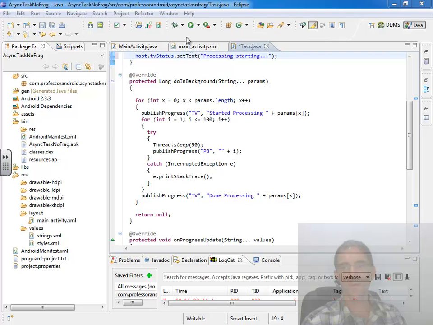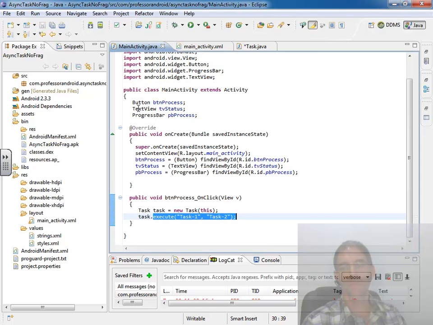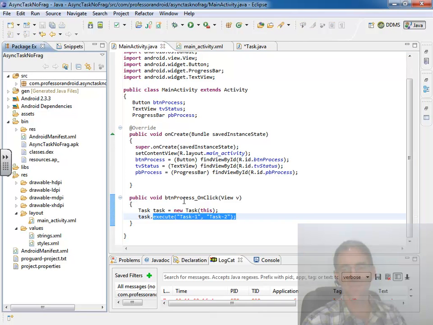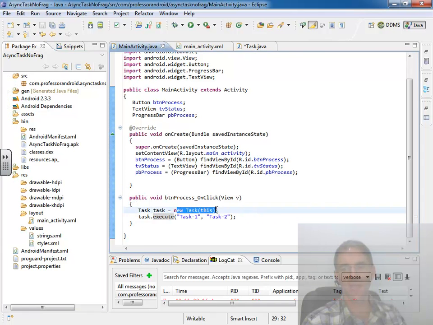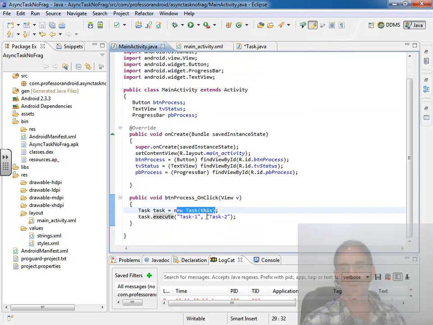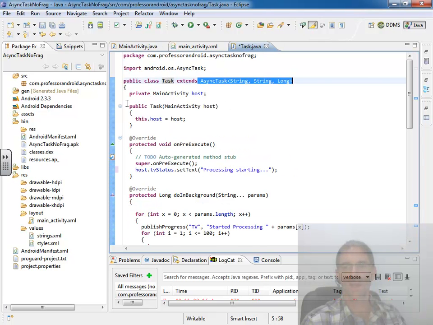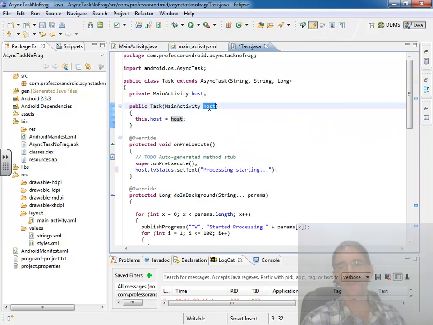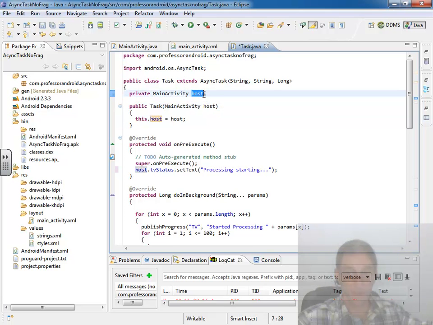Alright, so let's take a review of where we're at so far. We have an activity called main activity. And in the button click event, it creates a new task. This data type here, task that extends AsyncTask. When it creates one, it sends in the this pointer of the activity that's creating it. And in this constructor, we receive that this pointer and store it in a reference called host, the activity that's